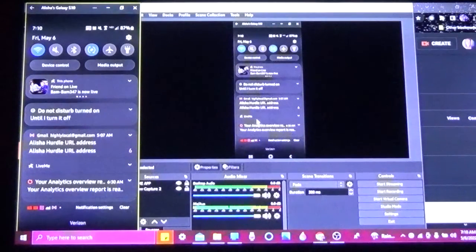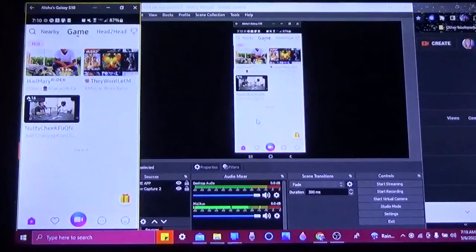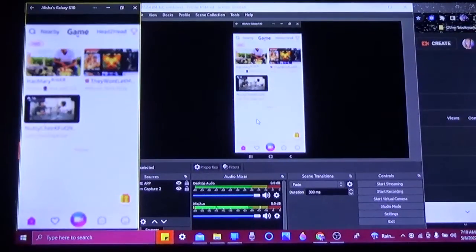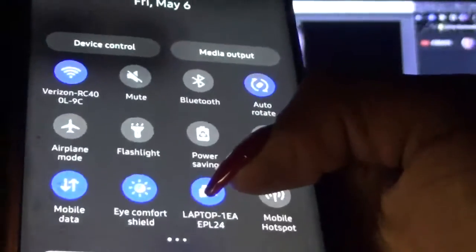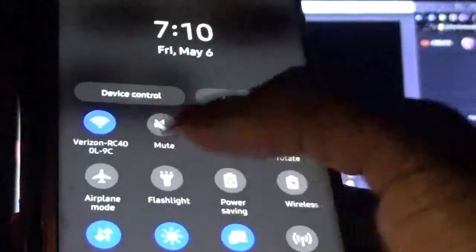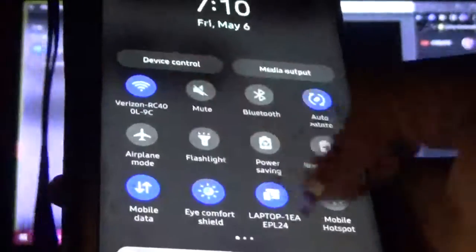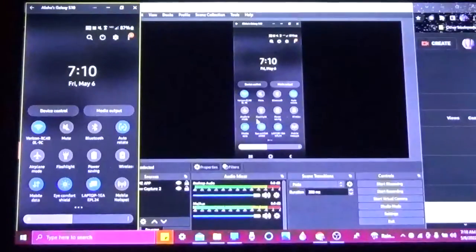So the first thing that we're going to do again is always make sure that you are connected to the internet, and make sure you're connected to the laptop. Always be connected for every live. If it's not connected, you will not be able to do the live, because you will not be able to see the screen of your phone on your